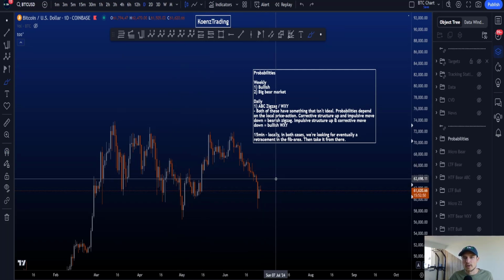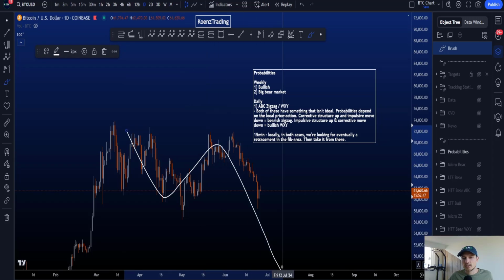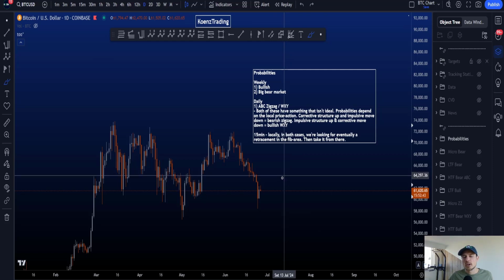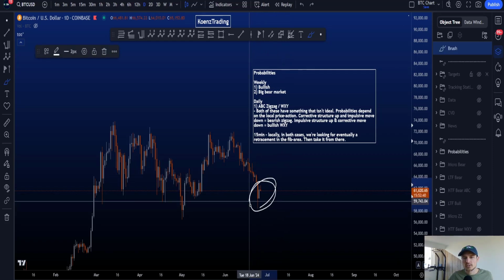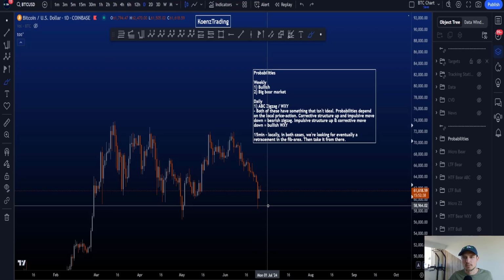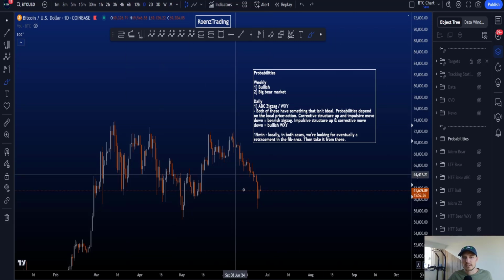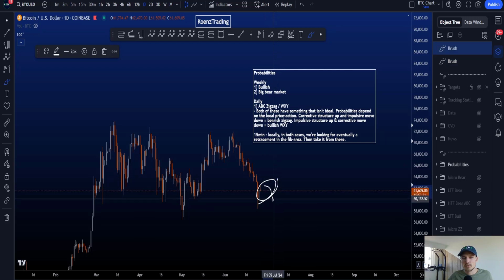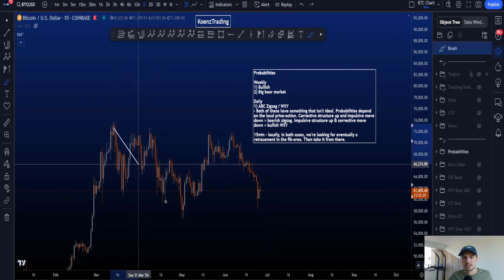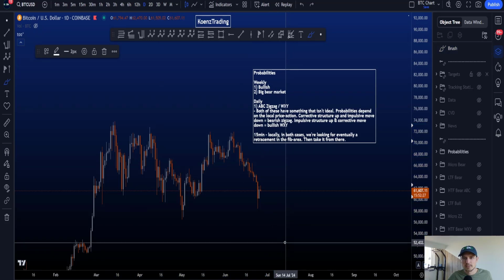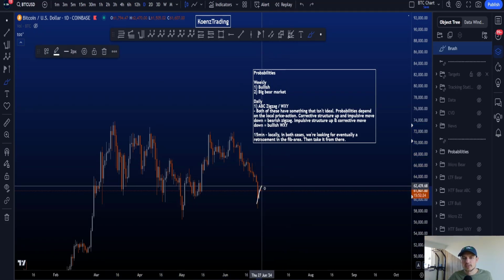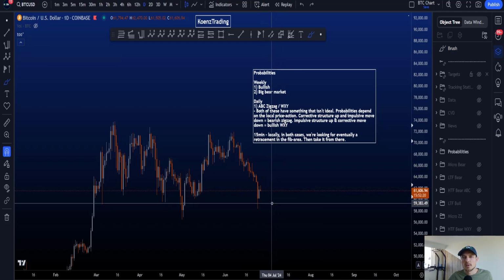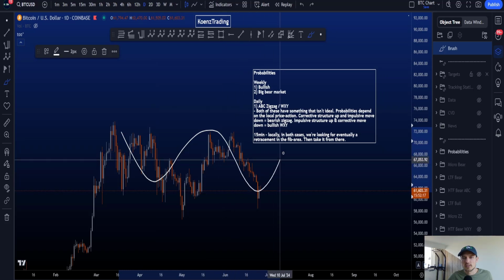Now the probabilities, however, of the zigzag A, B, and continuation down in C, or a finished WXY continuation up, depends on the local price action on the 15-minute time frame at the moment. If we get a corrective structure to the upside here and impulsive moves down, we're going to be looking for the zigzag A, B, C to the downside. If we get impulsive structures up 1, 2, 3 and corrective moves to the downside, we're going to be bullish with a finished